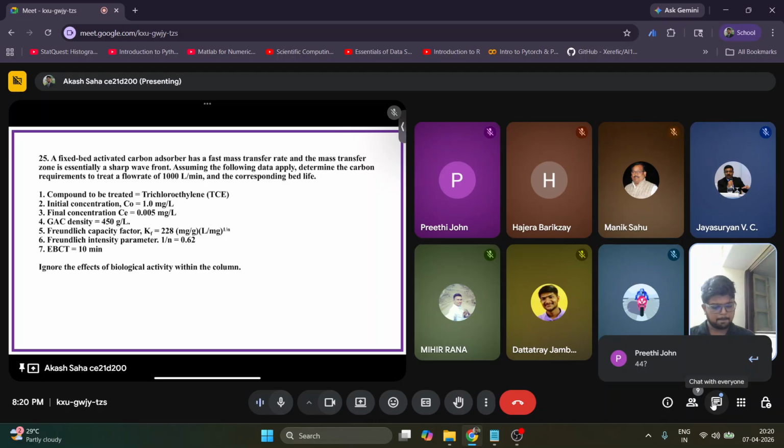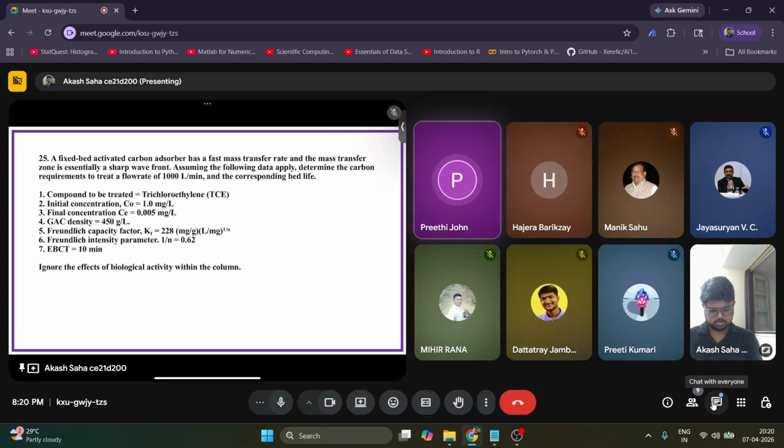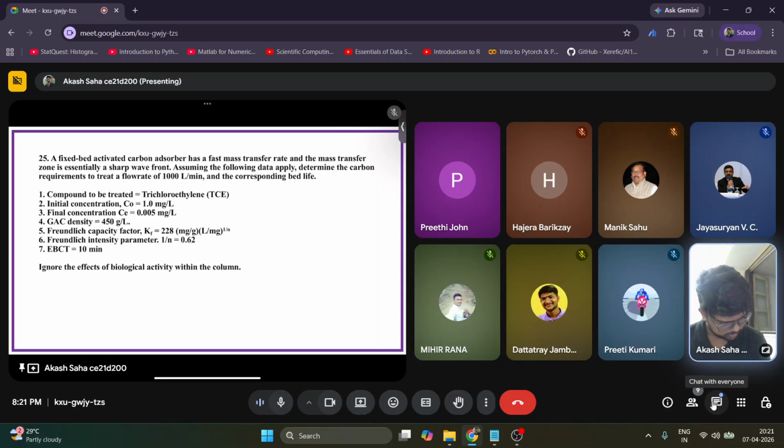For 44 gram per liter, I think the value is too high. So we use the same equation, right, for finding out the carbon which is adsorbed as Kf into Ce to the power of 1 by n, and that is 0.044 mg per gram. Is that right? No, I have not calculated that way, but okay, let me just calculate. One minus, I think